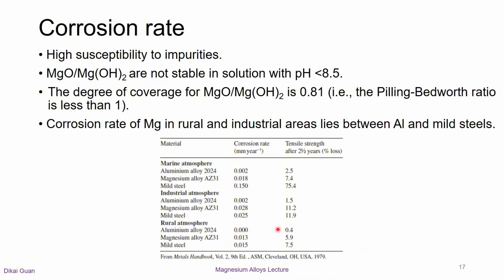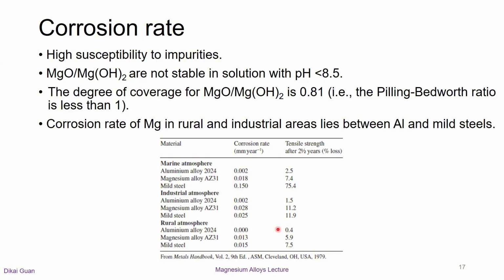A prerequisite to obtain the excellent corrosion properties of current magnesium alloys is careful control of the impurity levels. Elements such as iron, nickel, and copper are highly detrimental to corrosion properties. In moist air,